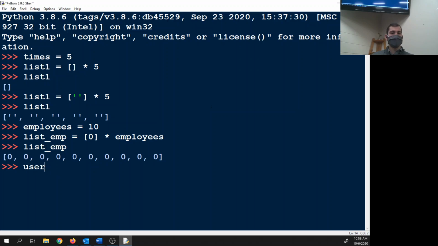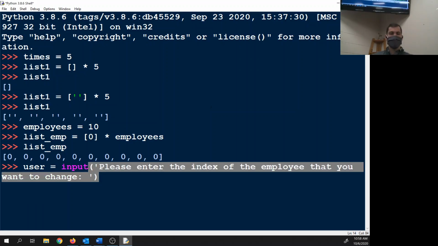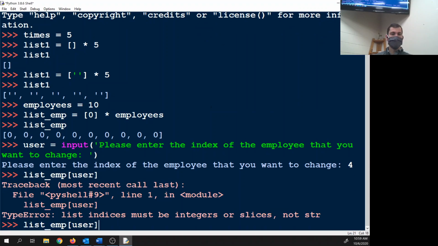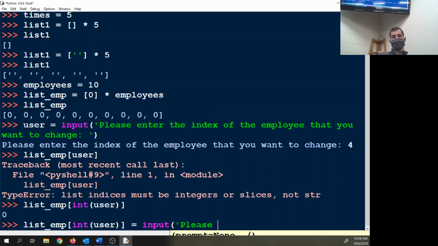I can say user is input. I could put, please enter the index of the employee that you want to change. What index do we want to change? 4. So, list emp bracket user. Oh, it needs to be an integer. Now what I can do is I can do equals input. Please enter that